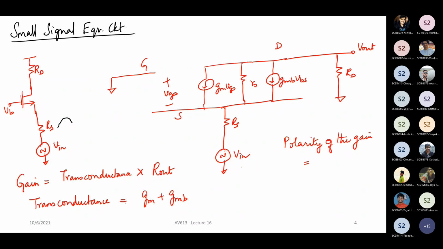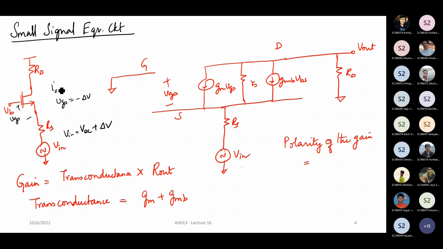Let's say it's a sinusoidal signal. Let's say you're having a signal increase. Let's just say your V in is some VDC plus some delta V. You have some incremental signal. Now, which means that what happens to the VGS here, small VGS? Small VGS is basically now minus delta V. Correct? Because as your input increases, your VGS now decreases.